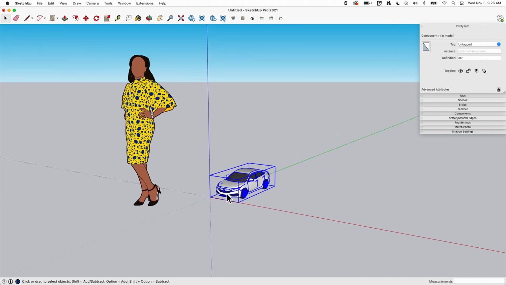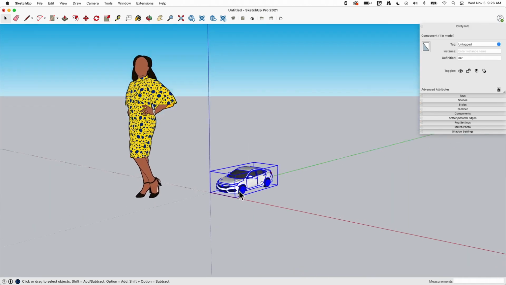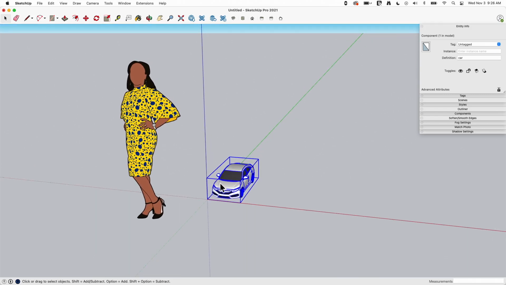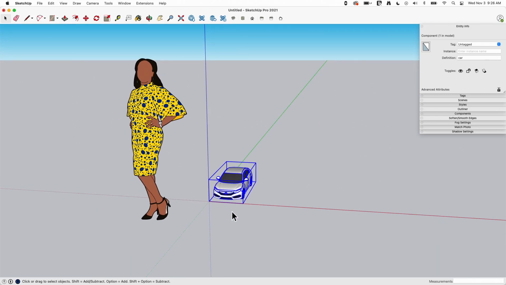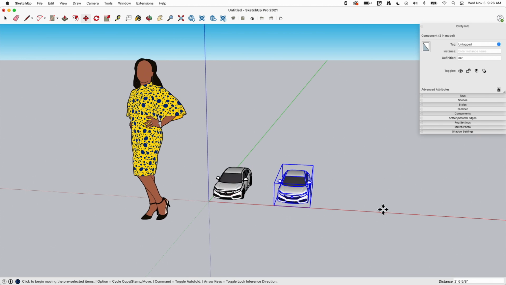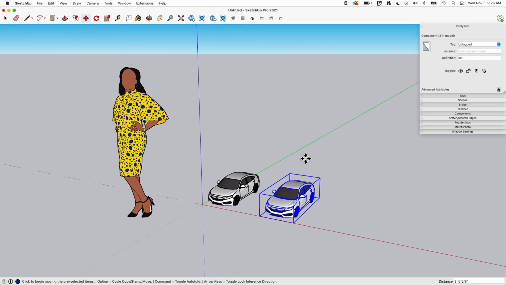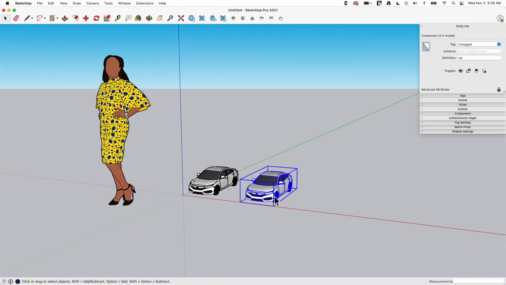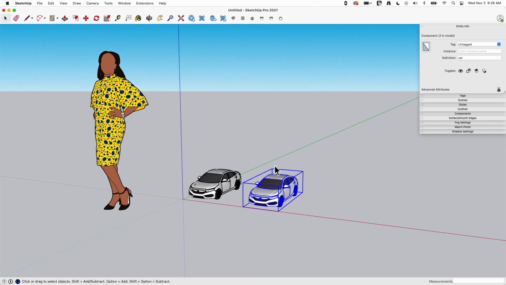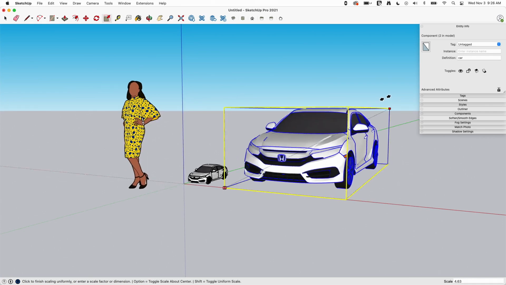So right now, this looks like a toy car. I mean, it's a big toy, but it is a toy car. It's too small. Sumelli could never fit in there. So I'm going to go ahead and grab this, and I'm going to Option copy, Control on Windows, one copy here. Now we have car 1, car 2, they're both linked by components, but they are separate instances. If I was to grab the outside and just scale this up,